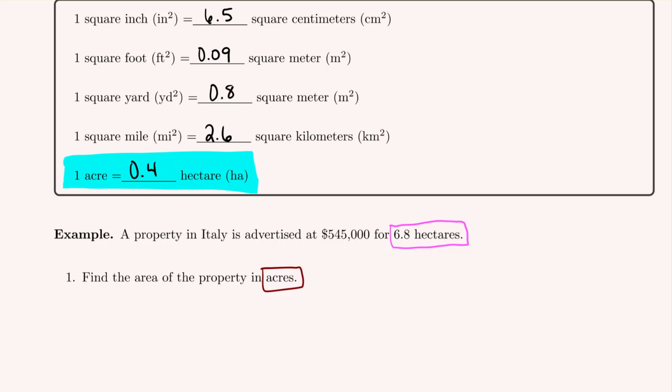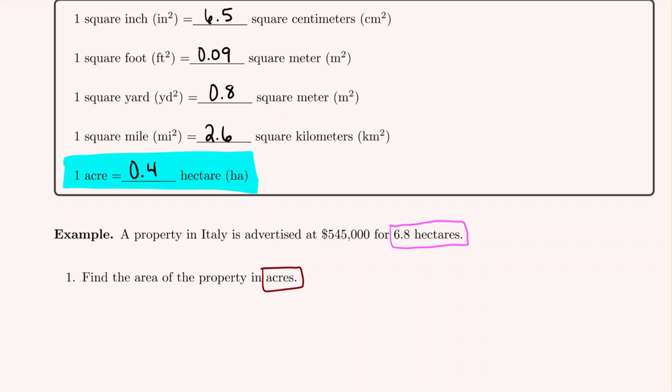Now the intuitive way to think about this problem is as 1 acre is equal to 0.4 hectares, the hectare is a larger measurement. So if you're converting something that measures a larger amount at once into something measuring the same size but by a smaller measurement, in this case acres, you know you're going to need more of the thing that's a smaller measurement in order to measure the same value. So with that reasoning, we could realize, oh, I just need to take the 6.8 and multiply by,